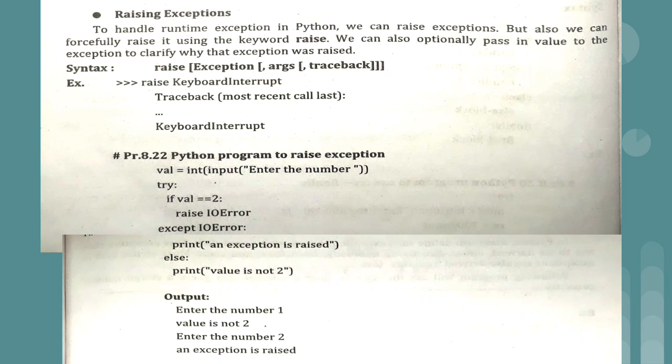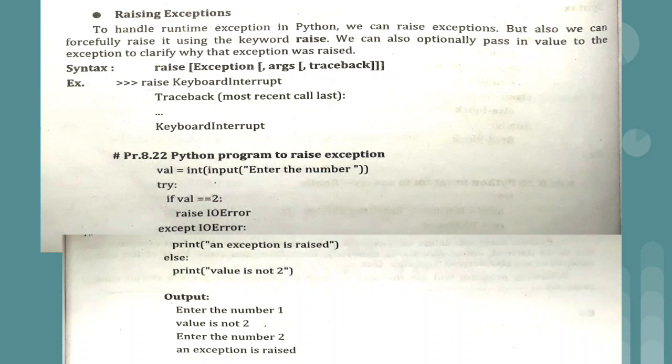We are having raise, and after raise keyword you just need to make use of exception. We have to write down the name of the exception, which is compulsory part in the syntax. And after exception, in a square bracket they have provided two values, that is args and traceback. So these two are optional parameters. Compulsory parameter is only exception. The type of exception which you want to raise, the name of that exception should be compulsory parameter, and other two parameters, that is args and traceback, are optional parameters.